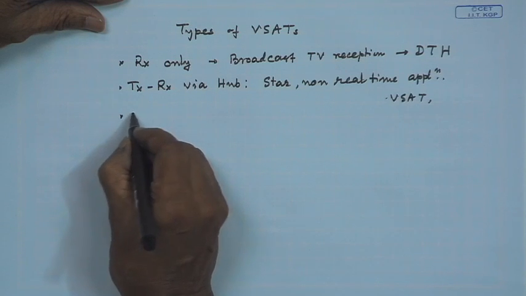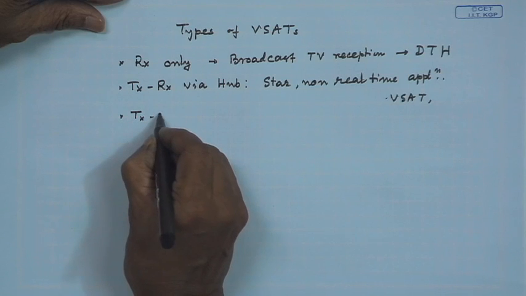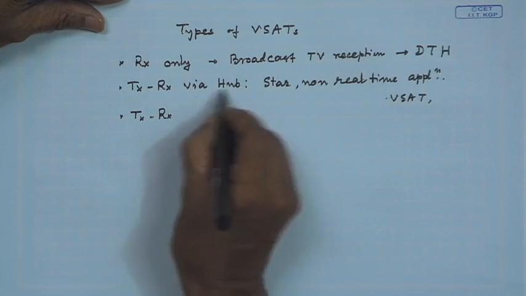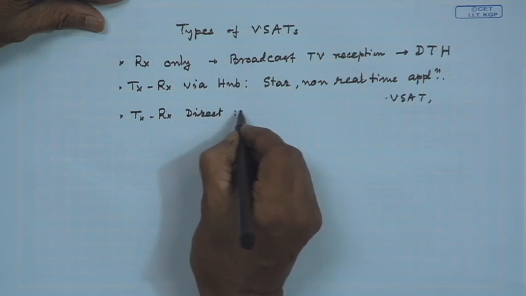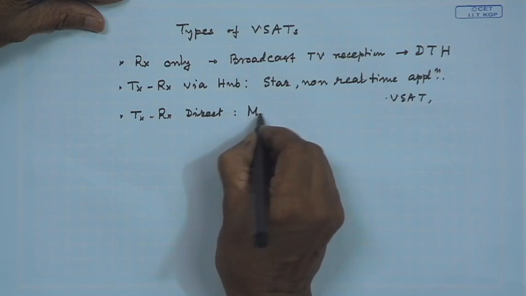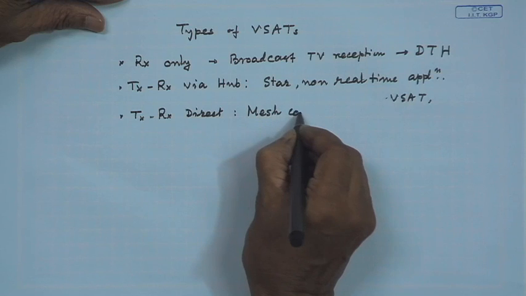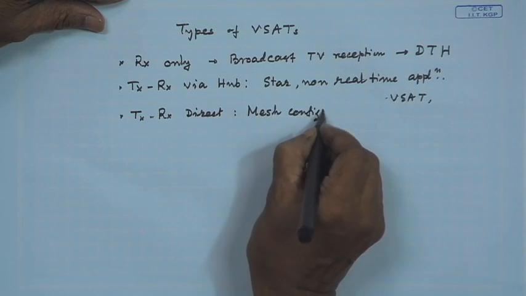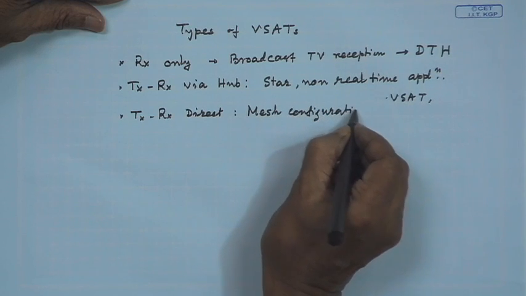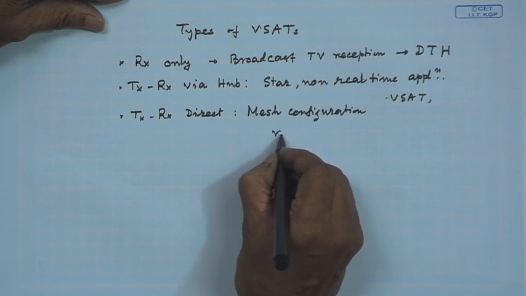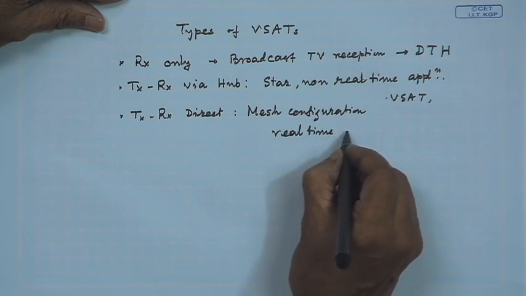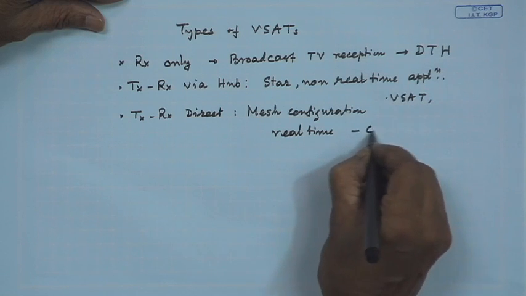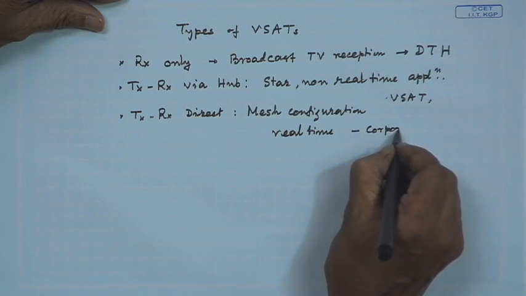Then another thing is there, that is transmit and receive not via hub but direct from VSAT to VSAT, that is in mesh configuration. And this is real time because it is going in one single hop. This is for corporate network